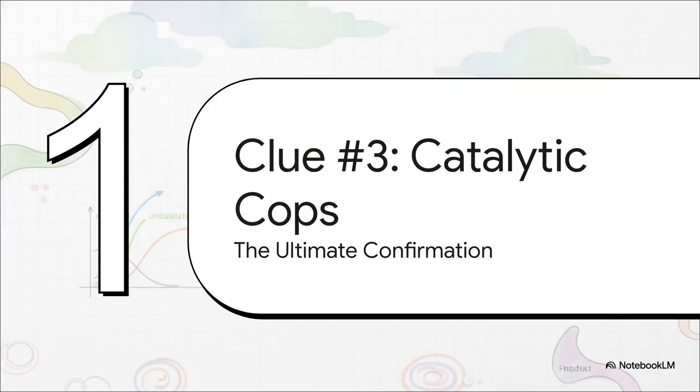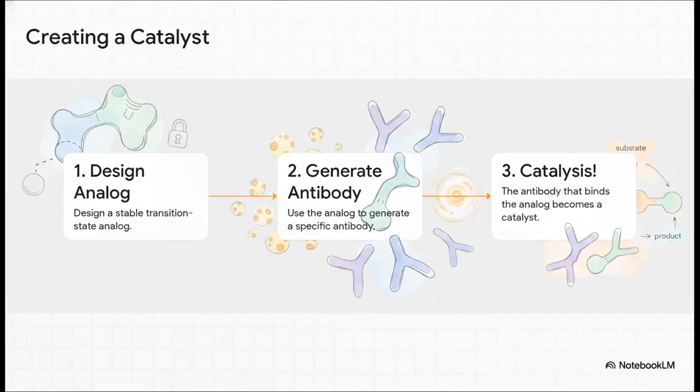All right, for our final piece of proof, we have what is, I think, a truly elegant experiment. Here, scientists didn't just study a catalyst. They built one from scratch by basically reverse engineering the whole process. The logic here is just genius. First, you build your decoy, the transition state analog. Then, you introduce this decoy to an immune system, which then creates these super specific proteins called antibodies to bind